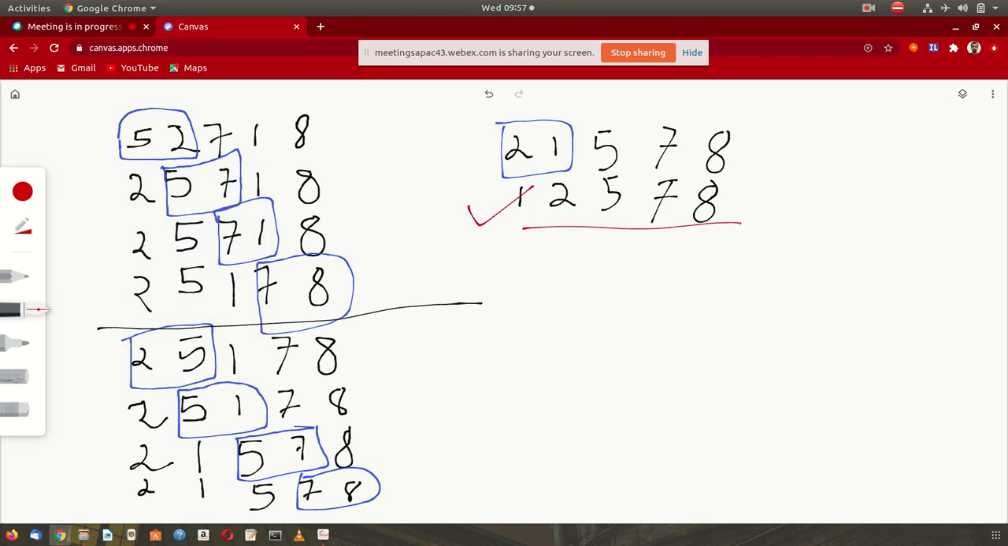The question in the beginning was 5 2 7 1 8. This is the question, and this is the answer. So in the exam you will have to show all these steps. You have to draw the blue box, and you have to show that the blue box is moving slowly to the right hand side. After the blue box comes to 8, in the place of 8 there can be another number also,